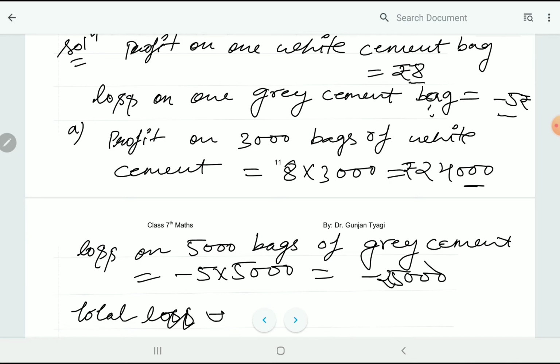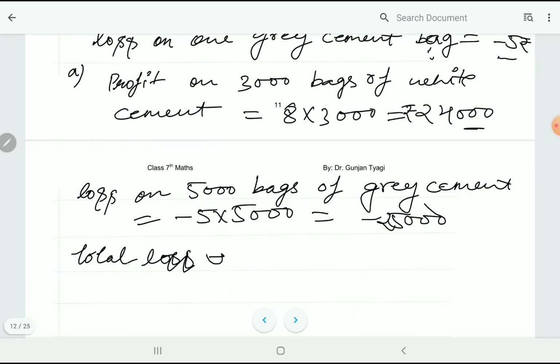अब क्वेश्चन ये आता है कि हाउ डिड आई से इट विल बी लॉस. मैंने यहाँ पर ये क्यों नहीं लिखा टोटल प्रॉफिट, बिकॉज लॉस इज़ ग्रेटर देन प्रॉफिट. Loss is 25,000 while profit is 24,000. So resultant will be a loss.